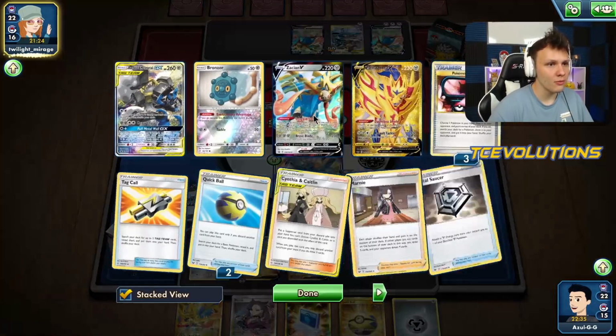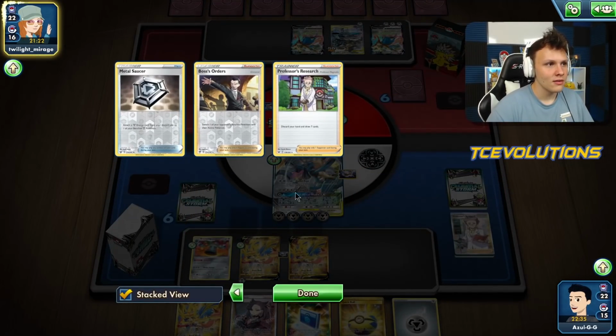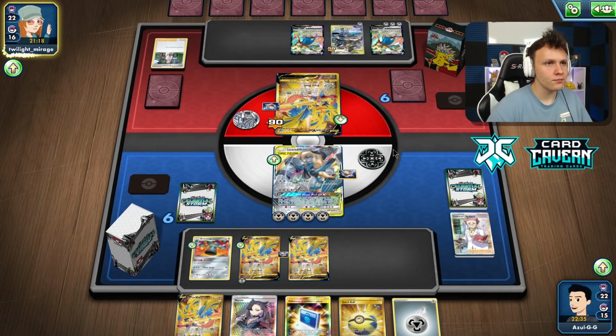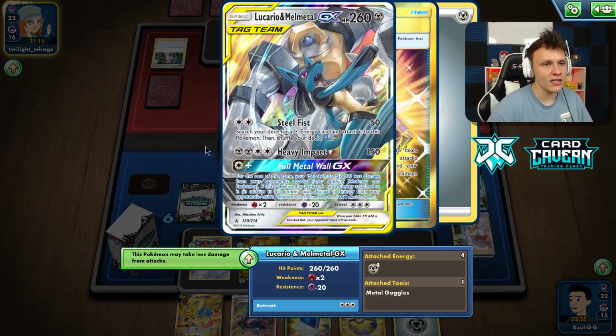How many switch are they down? Can they move this guy this turn? Definitely can. Ooh, they have 4 switch left. So, pretty likely they see a switch off this research. They can switch into that, just hit us for